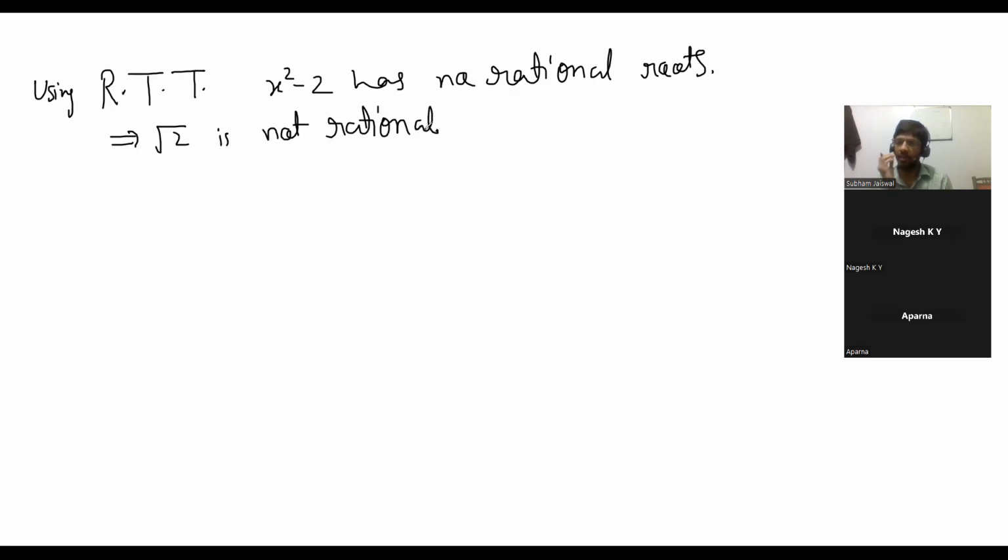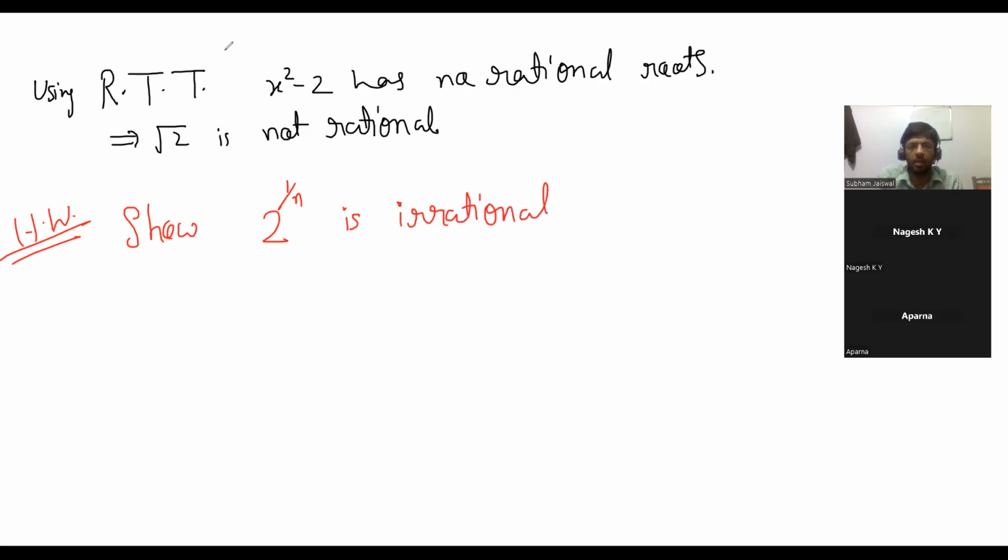That is fairly trivial, right? There's absolutely nothing in this. But then the homework, which is what I said I will be doing, we just give this homework, and this is equally trivial, but don't do it now, do it later. Show that 2 to the 1 by n is irrational,